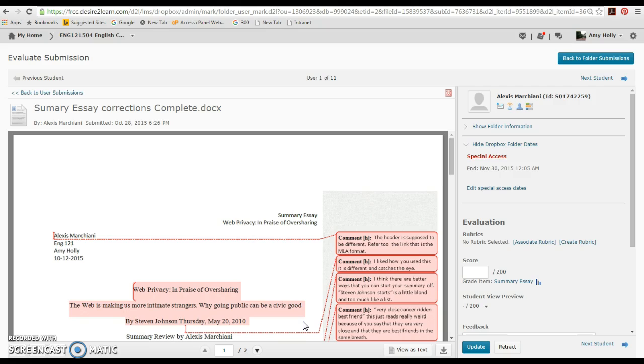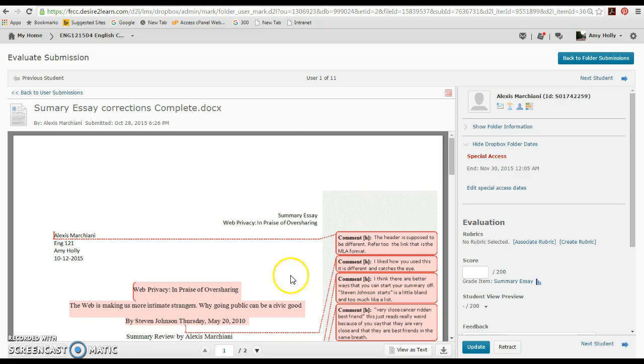I just wanted to explain a few things that I wanted you to focus on when you're rewriting your summary essay for grading. I don't think at this point it would be a passing essay, which is why I'm going to have you rewrite it. But hopefully the comments will kind of make sense, and if they don't, just let me know. I just thought a video would be the best way to make it make sense and explain it to you.